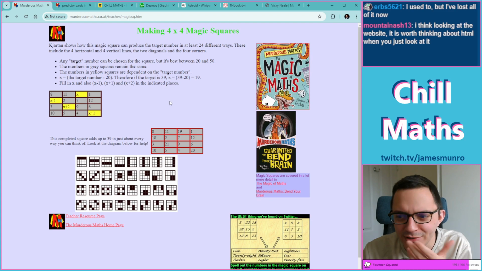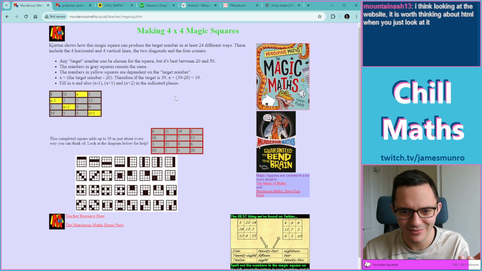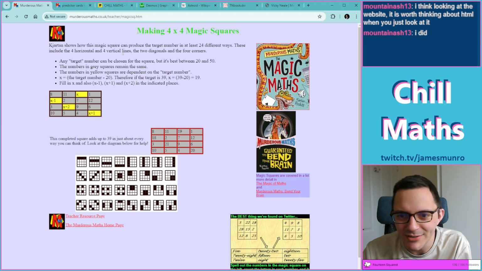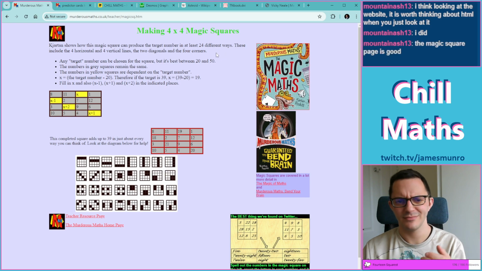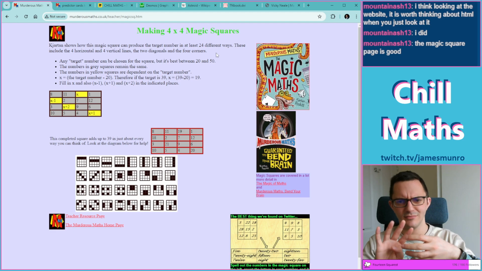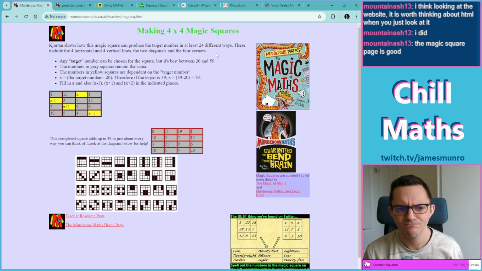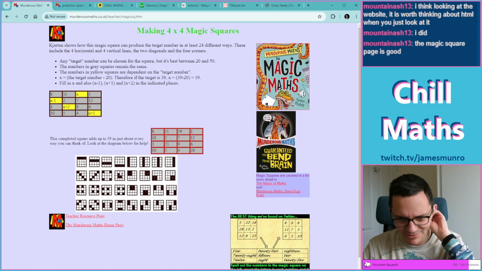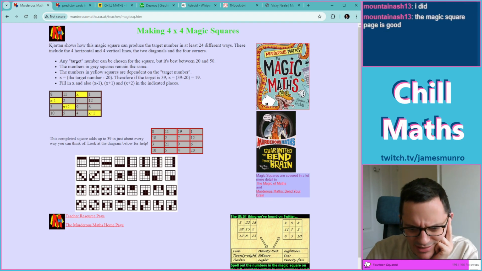How to make 4x4 magic squares? I would love to make 4x4 magic squares. Oh, okay, but this one, well, it's got X in it. 4 horizontal and vertical lines, the 2 diagonals, and the 4 corners. Ooh. Is that 24? Okay, and some other ones that add up. Okay. Oh, this is my diagram of 24 ways in which you can add up the numbers and get the